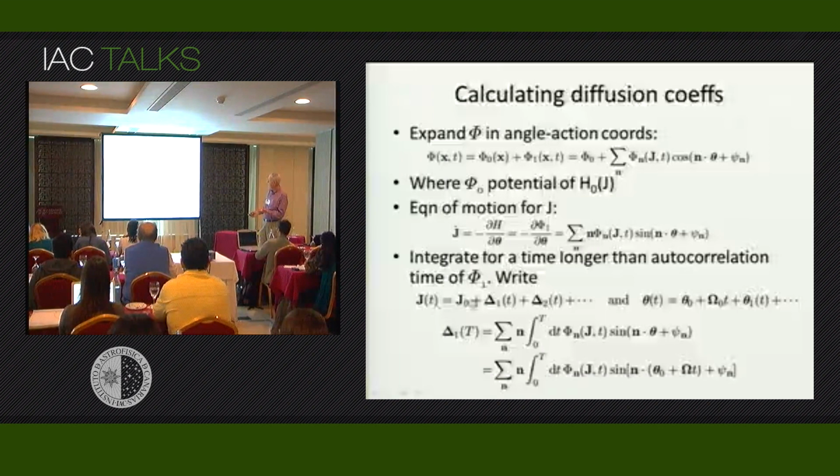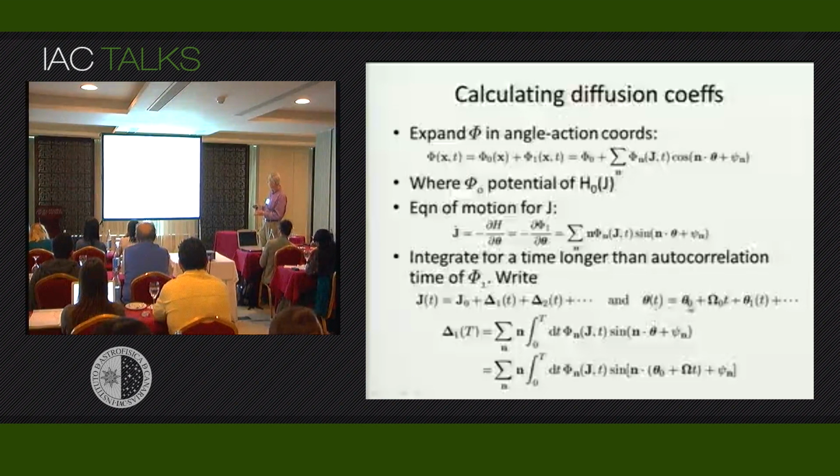We say that the action at time t is equal to the unperturbed action, which of course is a constant, doesn't depend on time, plus a bit that you get by integrating along the unperturbed orbit, plus a bit that you get by integrating along the difference between the unperturbed orbit and the orbit you've attained so far, etc. So you do an expansion here essentially in powers of phi 1 of the fluctuations. We'll stop at this point. We won't go to this point.